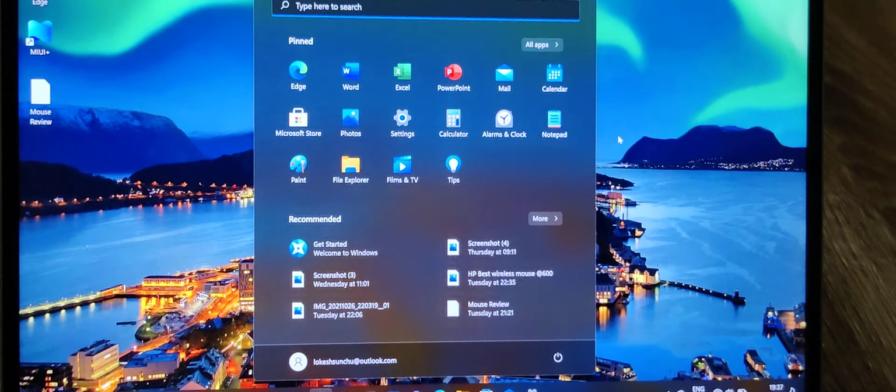And we have a list of applications getting pinned at the top. We can see all apps by tapping on here. Here we can even search the apps based on alphabets. And we have a recommended section where if the user is trying to edit some document, the latest edited document will be shown here. As of now, it is a new version of Windows 11. We don't see those changes. We have the recent changes being highlighted here. This is the start menu.